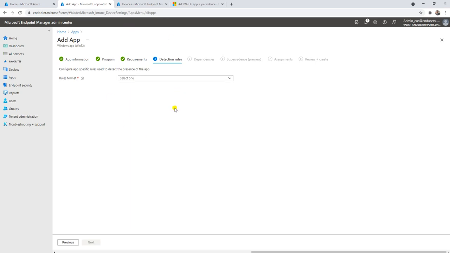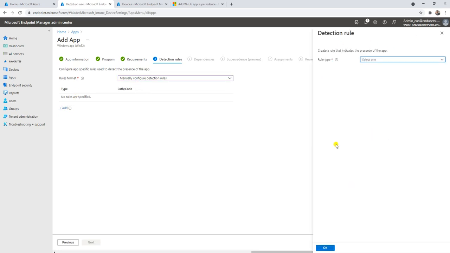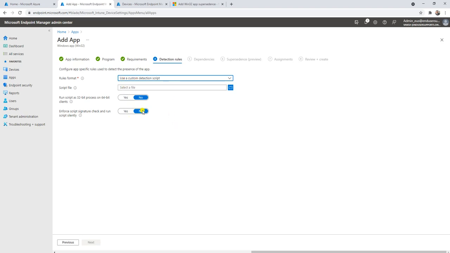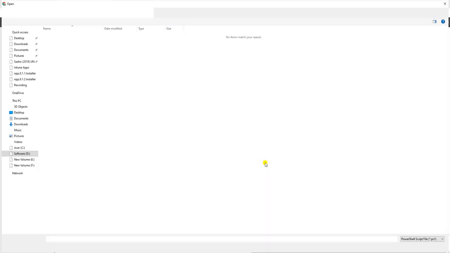This is the detection rule: how your application will be detected, and based on that it will start installation. Here there are two options, manually configure the detection rules, or use a custom detection script. If you go with manually, you have to add the rules here. If you select the custom detection, you have to provide your script.